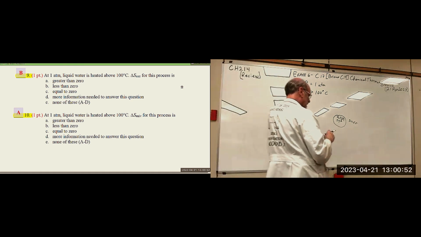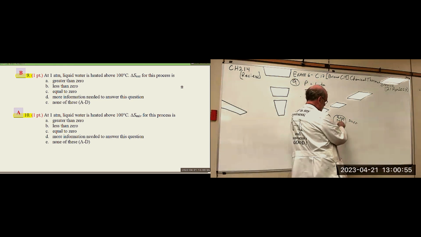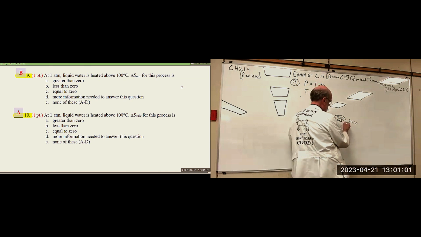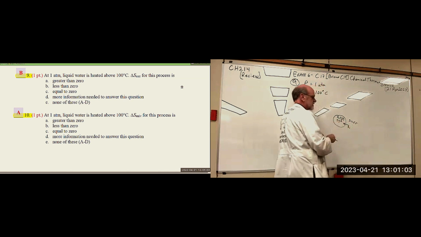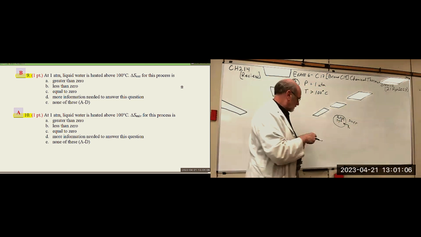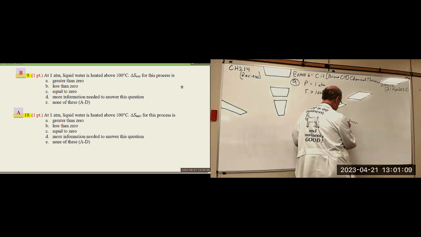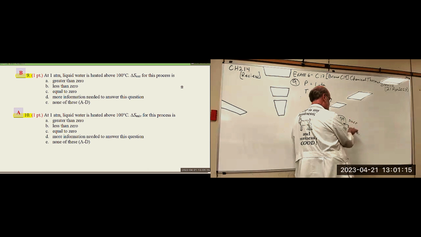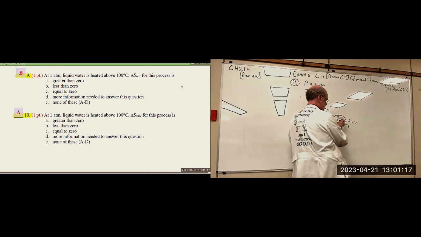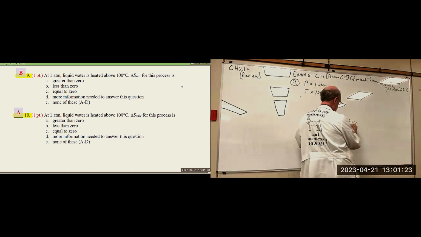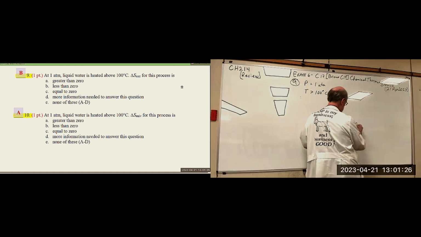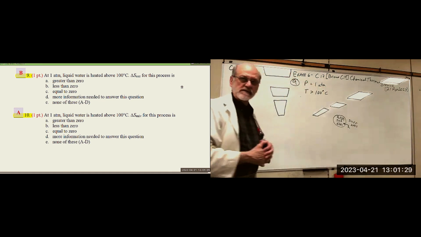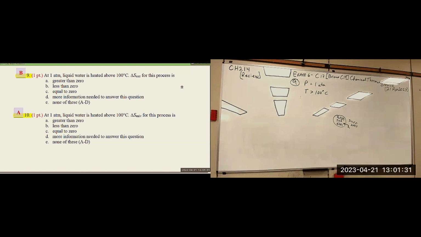In order to increase the temperature here above 100 degrees, we have to transfer heat into the system from the surroundings. So this implies that the disorder of the surroundings is decreasing and the disorder of the system is increasing. So we should expect a change here that's positive and consequently a change here that's negative. Now let me see if that's the way I answered it